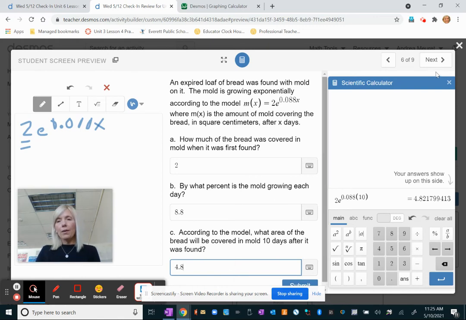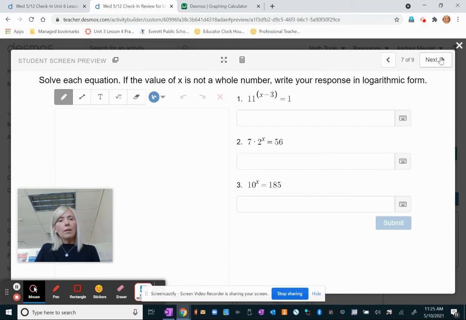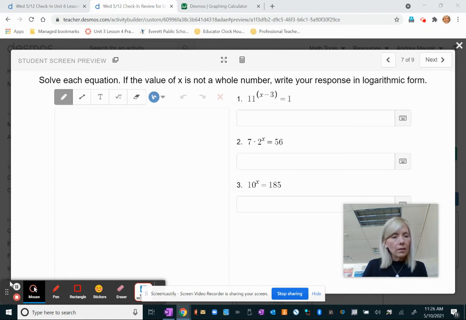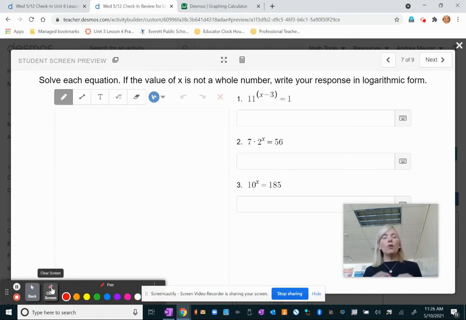All right, we are almost done. Just have 2 more slides. Here we're solving for x. And so to do that, I think I'm going to use this pen note down here. Okay, so to solve for x, I'm looking at